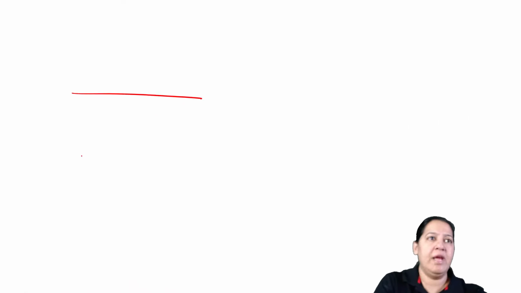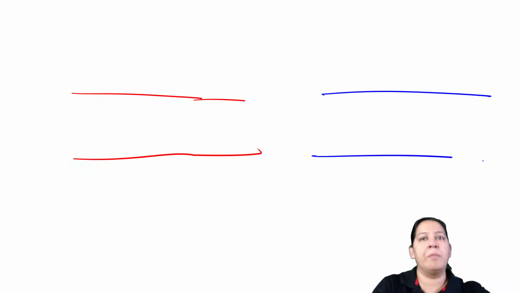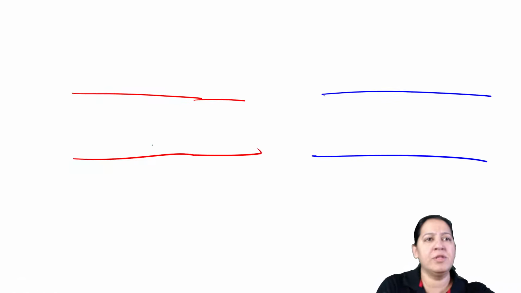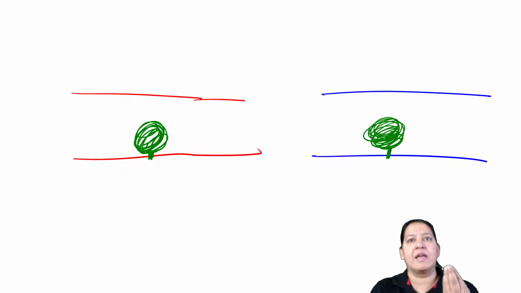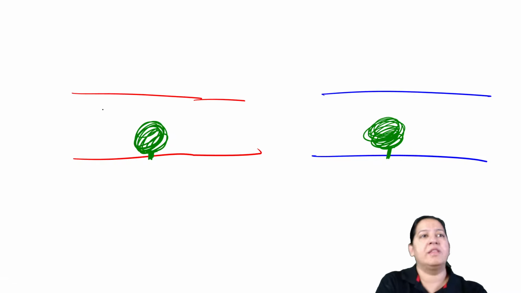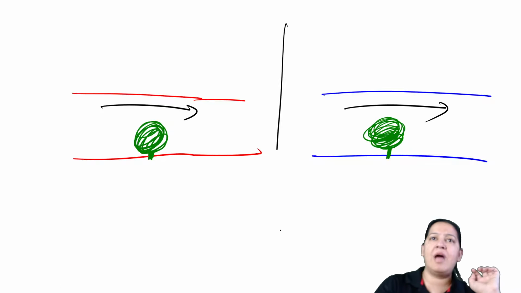One more thing I would like to explain to you. Let me draw an artery, and this is the artery. Let me draw a vein. Let me draw a thrombus in both of them. So this is the point of attachment. From here, the thrombus is arising in the artery, and this is the point of attachment. From here, the thrombus is arising in a vein. After arising, this is the direction of the blood flow in the artery. This is the direction of the blood flow in the vein. We can see the direction of the blood flow in the artery and the vein.